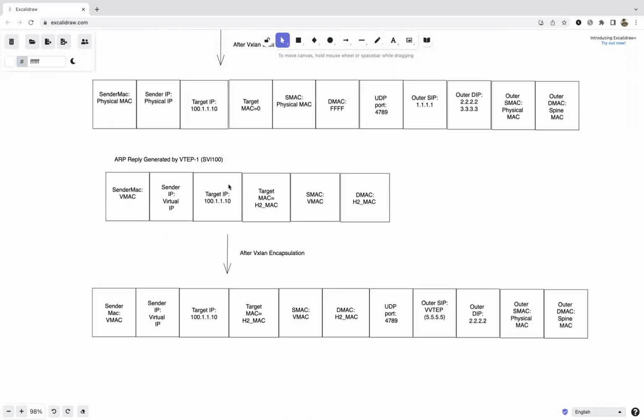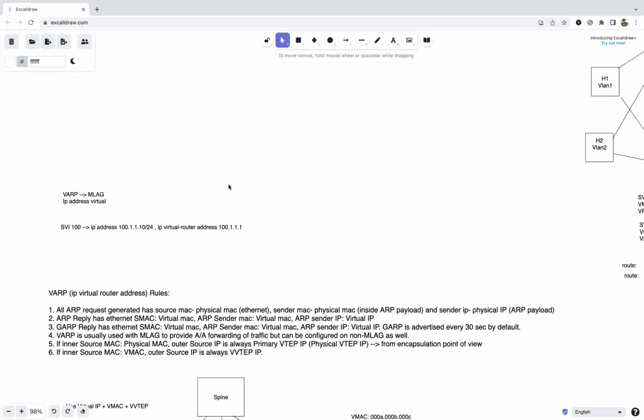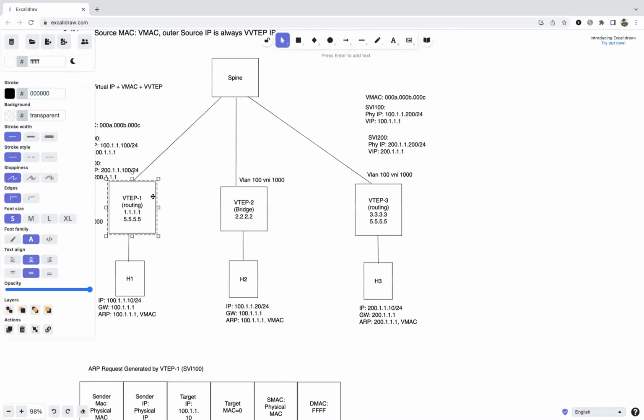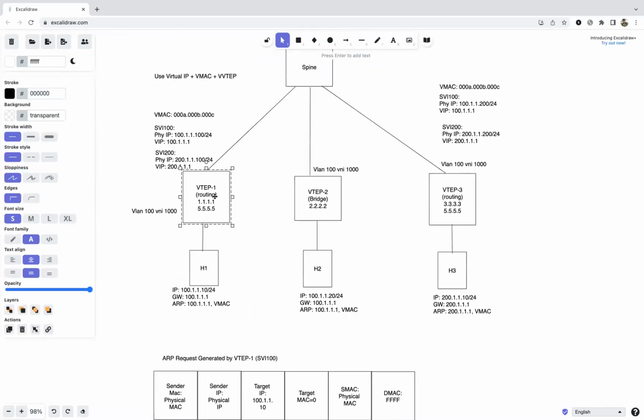Okay, so let's compare one thing. In VARP, as I told you, whenever it sends an ARP request, everything is physical. Now, what does that mean? If VTEP1 sends an ARP request for H2, the inner source MAC will be the physical MAC, and the ARP sender IP will be the physical IP. So everything is physical in the ARP request. So when H2 sends the ARP reply,